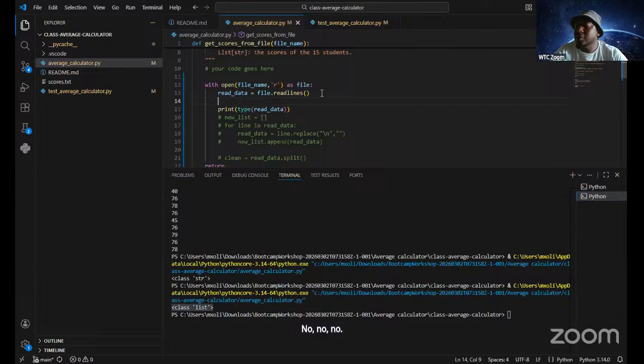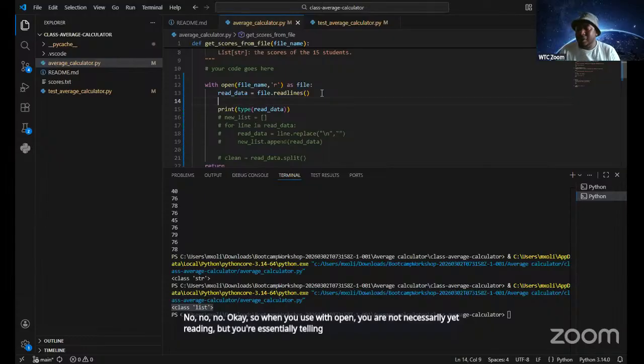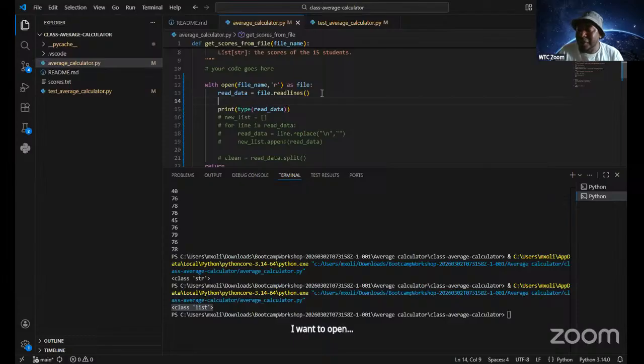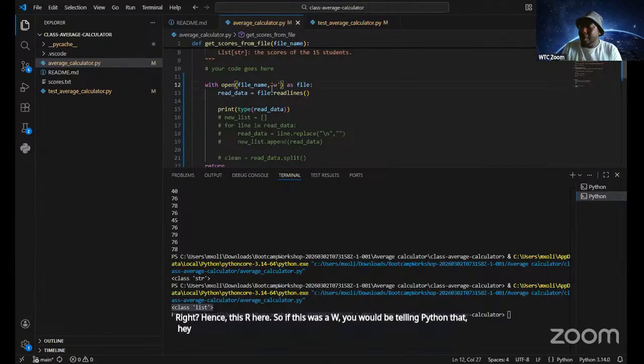So when you use with open, you are not necessarily yet reading, but you are essentially telling Python, listen, I want to open this particular file with the purpose of reading from it, hence this R here. If this was a W, you would be telling Python that you want to open this file with the purpose of writing to the file. Does that make sense?